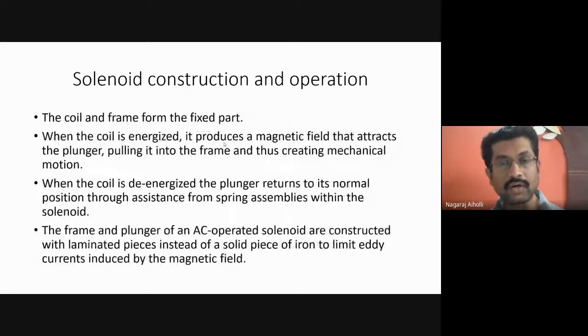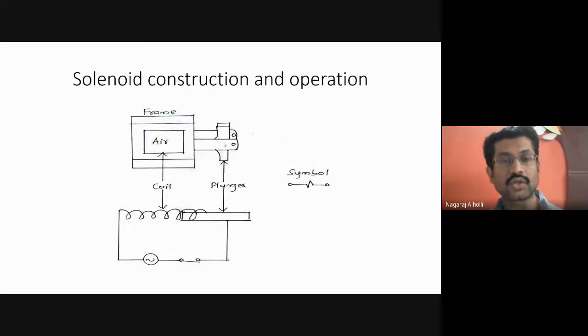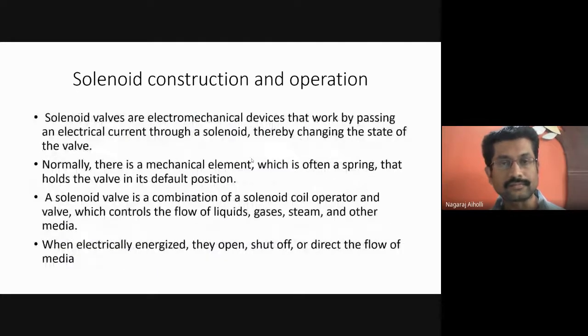Now, till now what we have studied is just the construction and operation of the solenoid. We have not yet taken up the solenoid valve. Next, what we are going to study is the valve portion, that is the solenoid valve. We'll see the difference between solenoid and solenoid valve. These solenoid valves make use of the solenoid along with the valve. Solenoid converts electrical energy into mechanical energy, and this mechanical energy links with the valve opening and closing. Hence the combination of the solenoid along with the valve makes up what is called the solenoid valve.